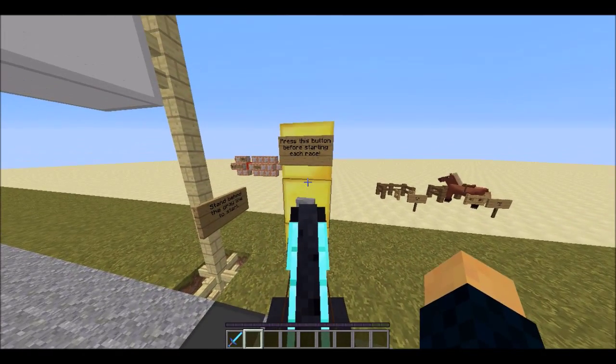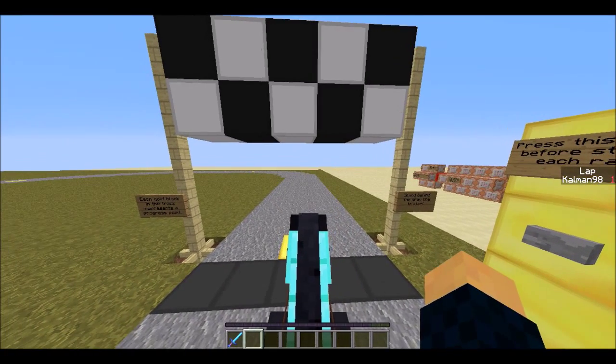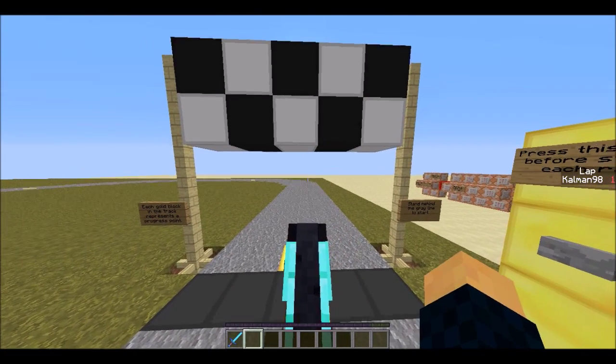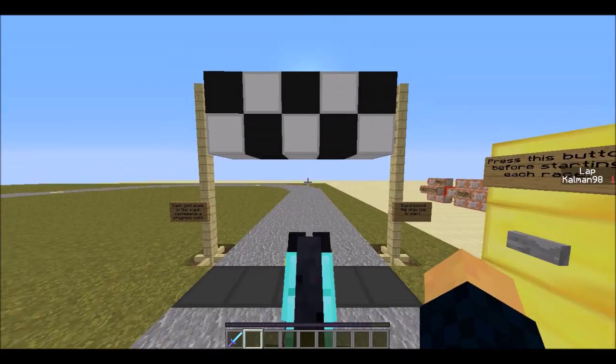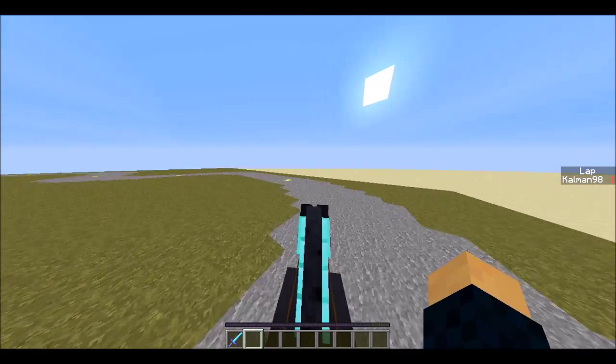Before starting each race, press the button. On the right side of the screen, you can see that I now have a lap counter. So I'm going to cross the finish line and it'll start. So ready, set, go. I'm going to run around here,